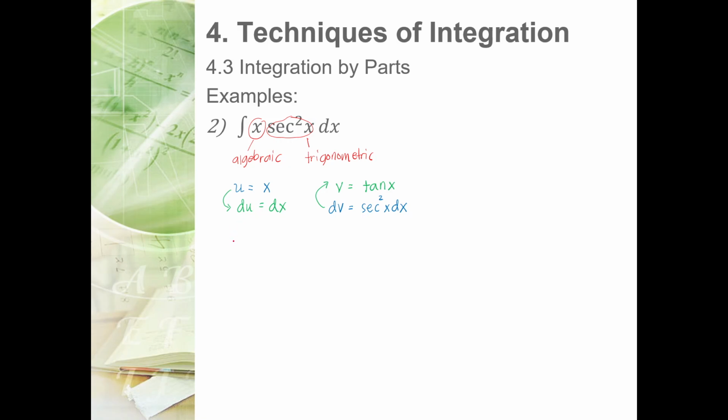Getting the formula, you have uv minus the integral of v du. So uv would be x times tangent x, and then minus the integral of v du, so that would be tangent x dx. Okay, so the integral of tangent x is just ln cosine. So x tangent x, and then minus the ln of